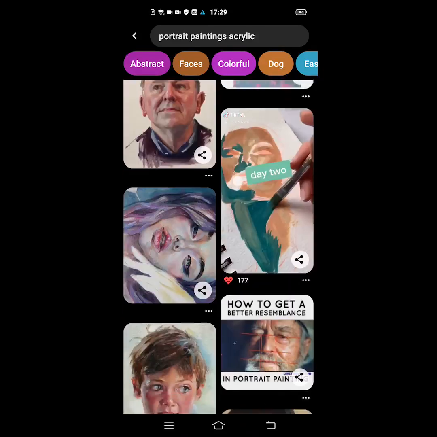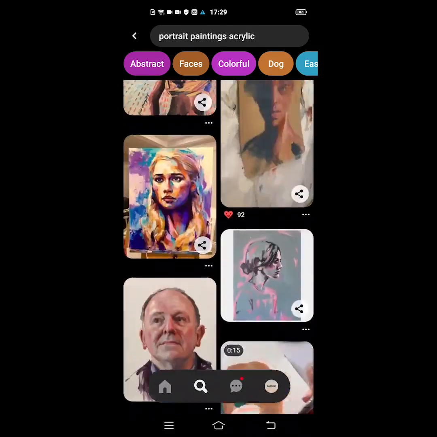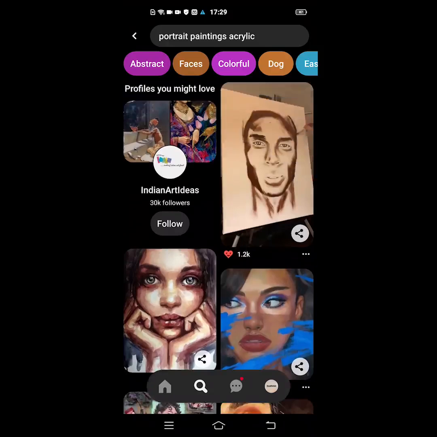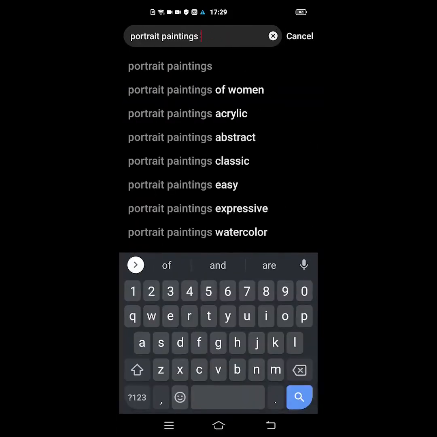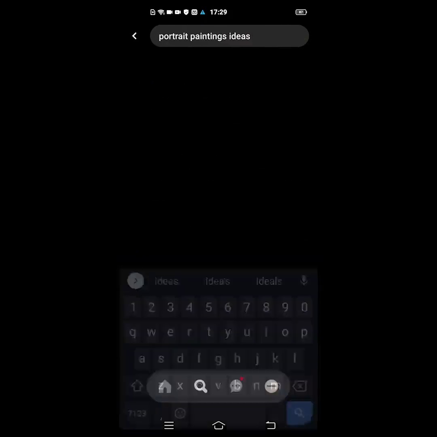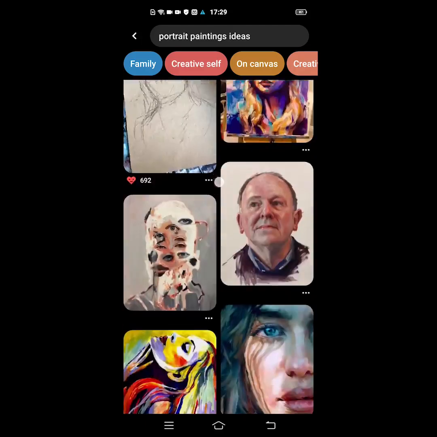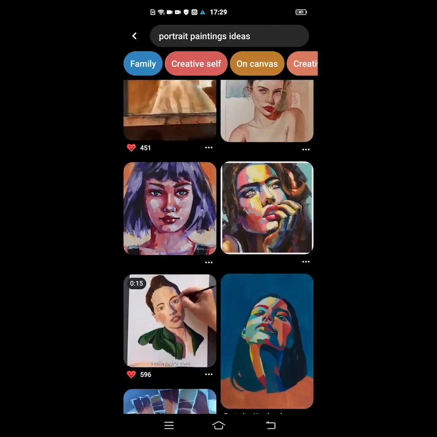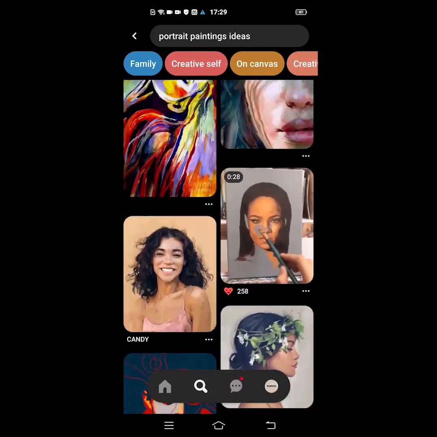So I'm just trying to choose an image which is not really very complicated and not very simple as well. Painting ideas, and there are quite a few ideas that you can use. You can choose